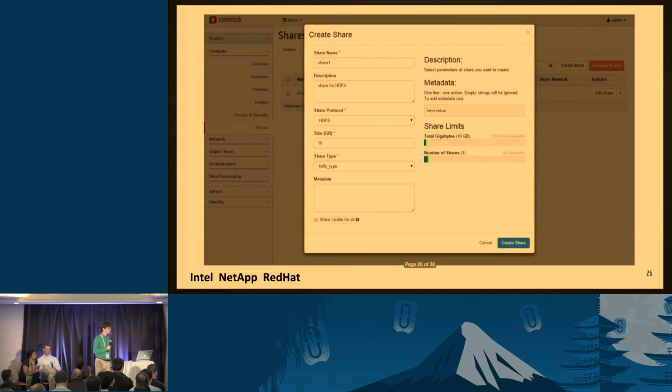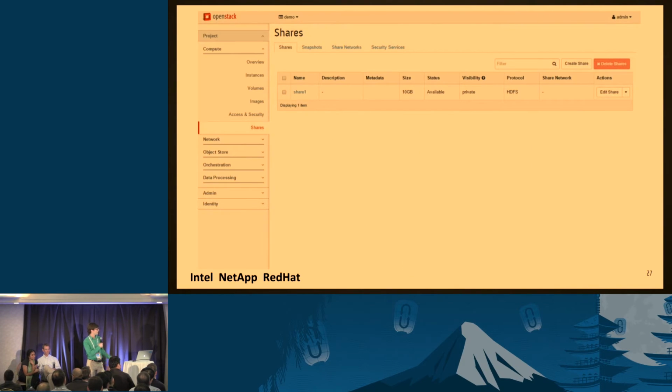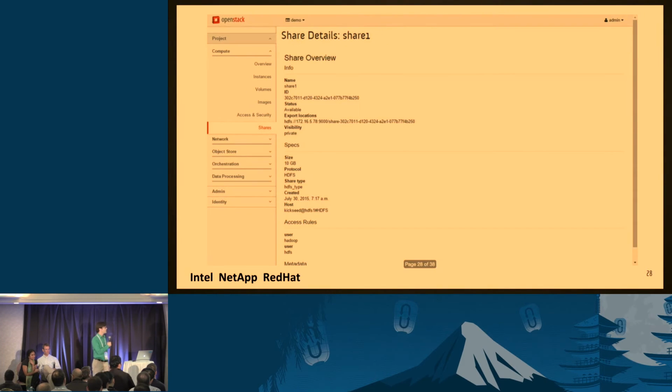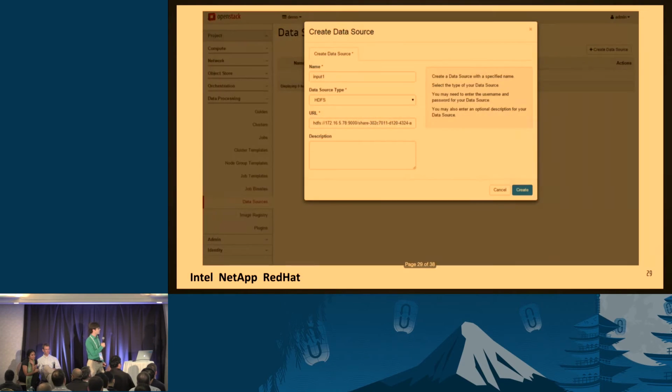OK, so some screenshots. This is creating a share. Share name, share one, protocol, HDFS, et cetera, et cetera. For these screenshots, we're going to be looking at the external HDFS case that Malini talked about. And then you've got your share. Bunch of details on it. At this point, you create a data source. That drop down with data source type, HDFS, Swift,